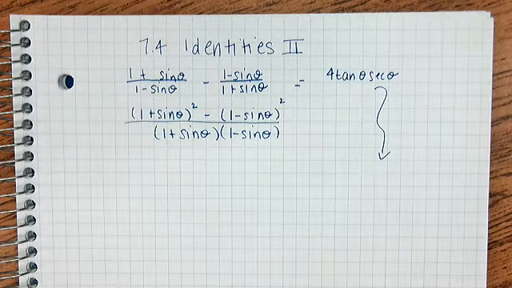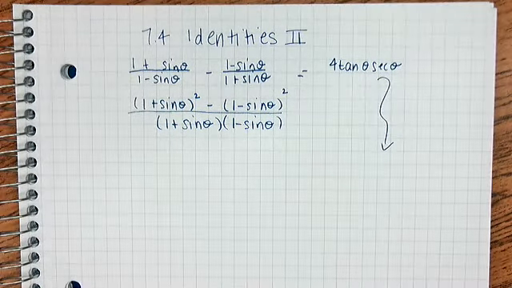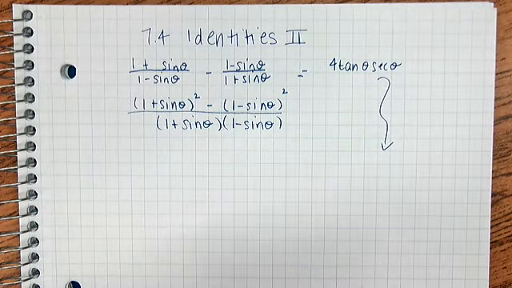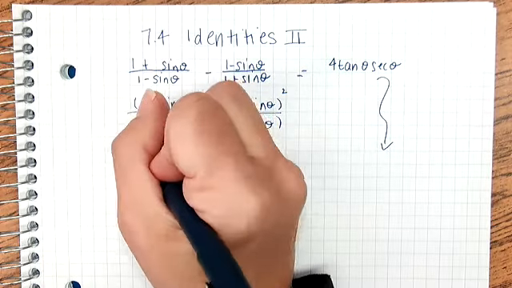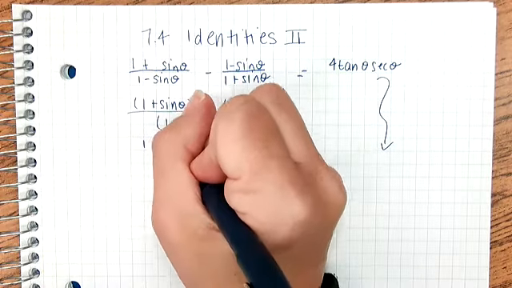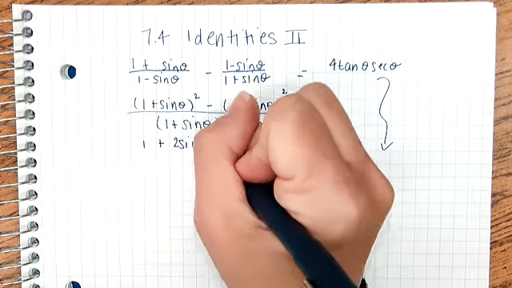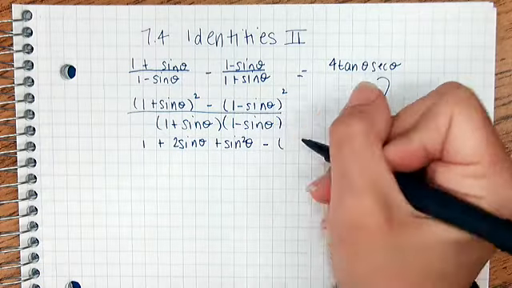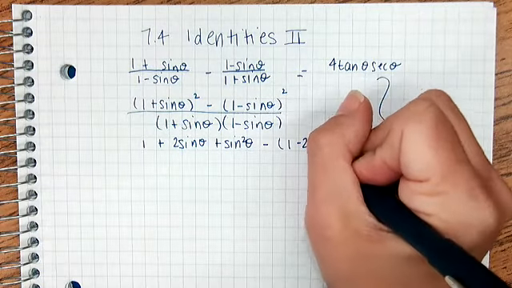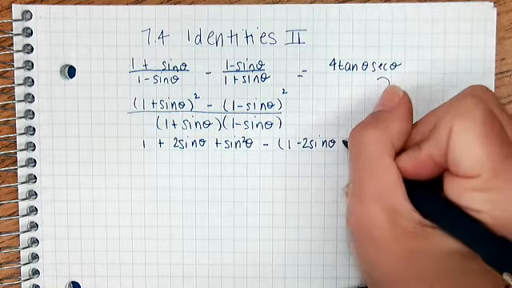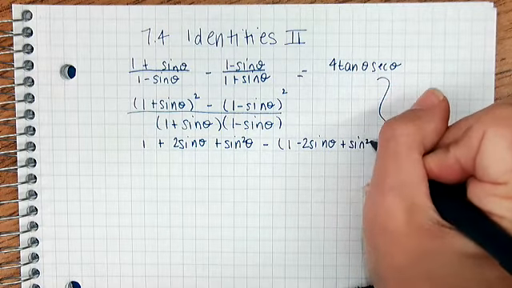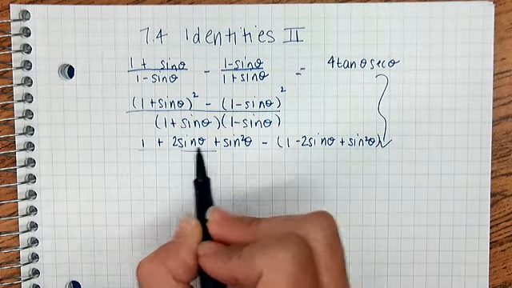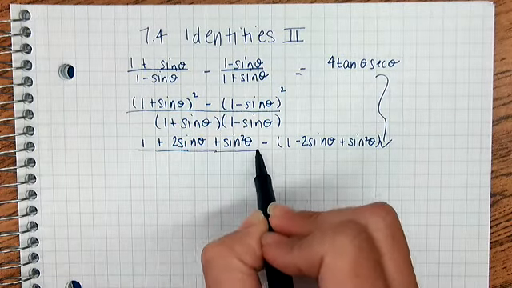And this actually isn't going to be nearly as bad as it looked to begin with. I'm going to multiply out, subtract, combine like terms, etc. So this becomes 1 plus 2 sine theta plus sine squared theta minus the quantity 1 minus 2 sine theta plus sine squared theta. Oh, just made it in the nick of time there. All over